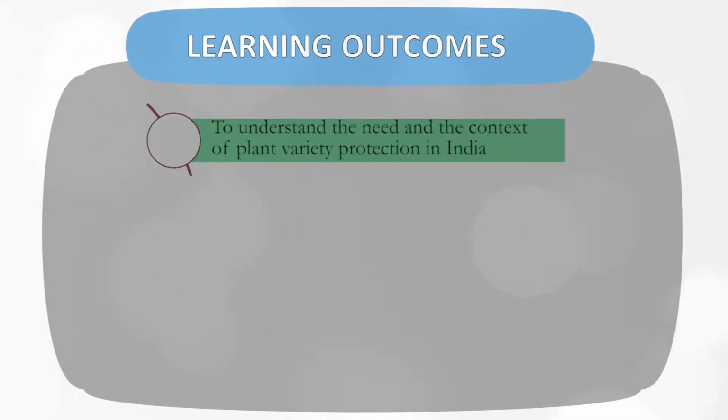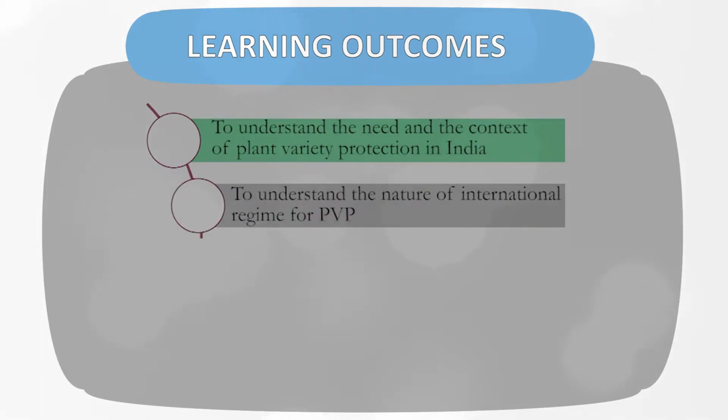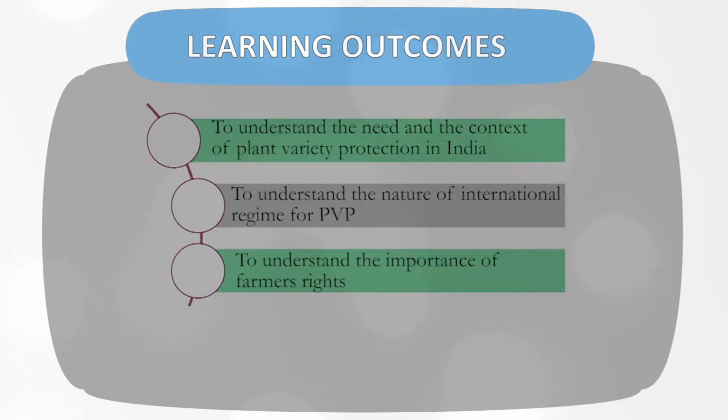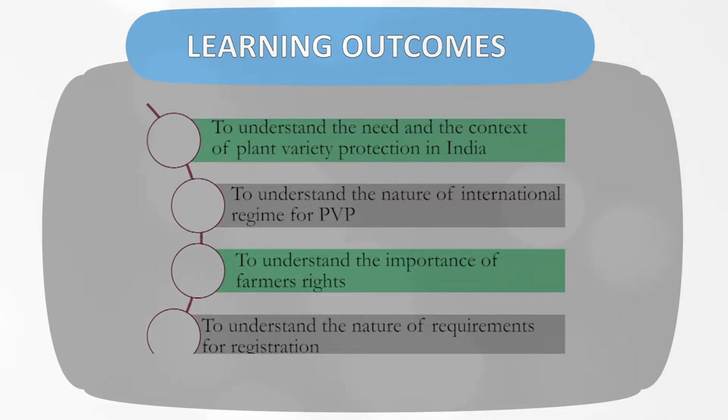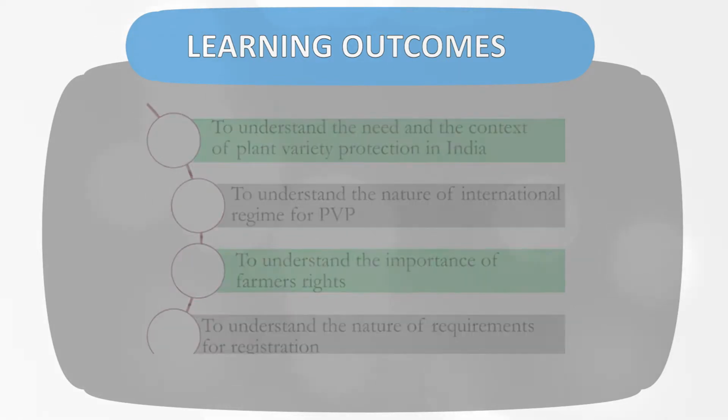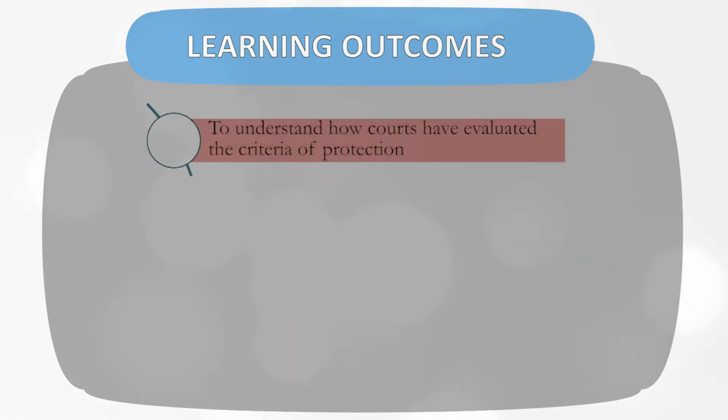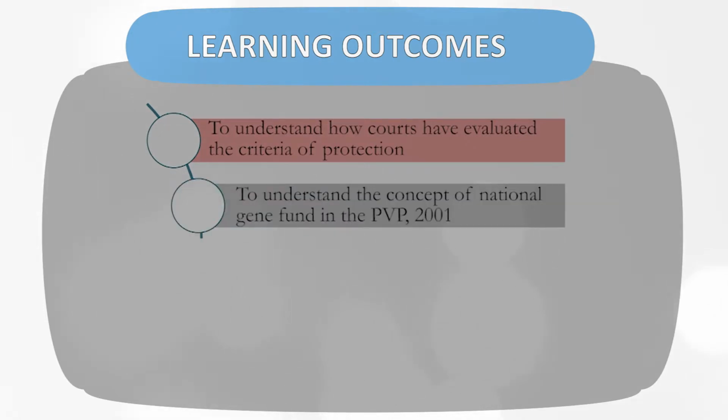In the context of plant variety protection, we have the following learning objectives: to understand the need in the context of plant variety protection in India, to understand the nature of the international regime concerning plant variety protection, to understand the importance of farmers' rights in the context of plant variety protection, to understand the nature and requirements of registration concerning plant variety protection, to understand how courts have evaluated the criteria of plant variety protection,